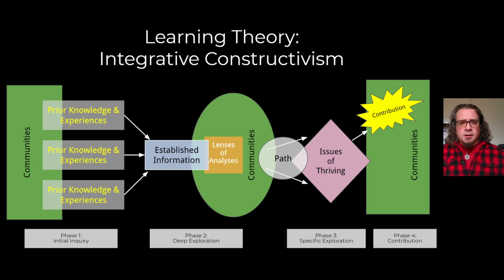So let's start from the beginning here. And how do we become more thriving, right? How do we not just identify the problems, but also figure out how we can start to move in much more balanced ways that contribute to individual, collective, and external well-being? We can do that. And I'm not sure why this is so missed on part of very well-intended people, but anyway. So starting in the beginning, instead of just thinking about prior knowledge, we're going to talk about prior knowledge and experiences and how they're connected to the community.